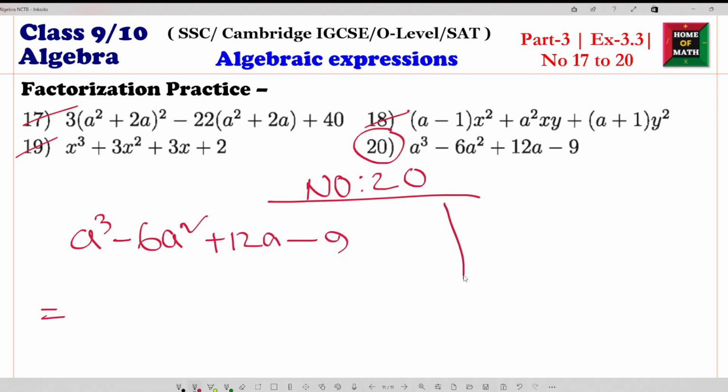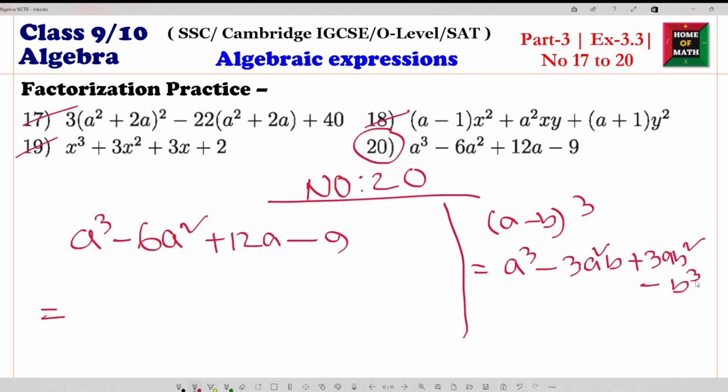Look, this is also looking like the a minus b whole cube theory. It means a cube minus 3a square b plus 3ab square minus b cube. So let's implement it. Here is also a cube, we can write this one minus, then 3a square b, 3, then a means here is also a, a square times b. So b we know is 2 because 3 times 2 is 6, and here is a square, plus